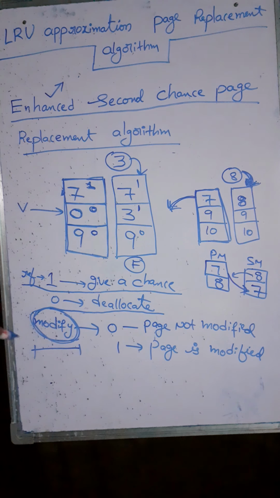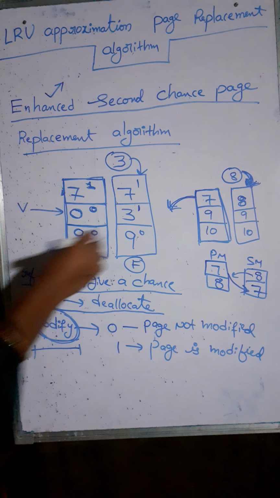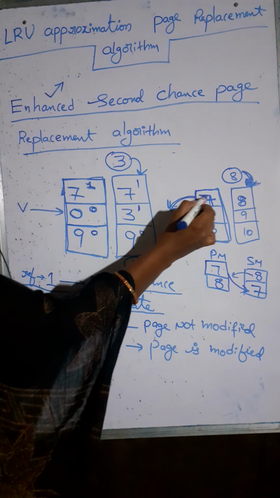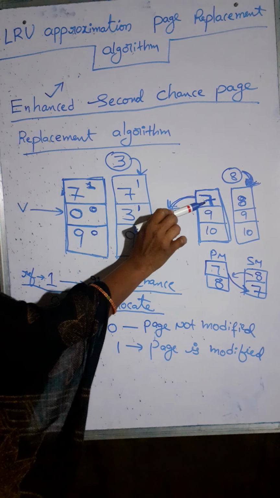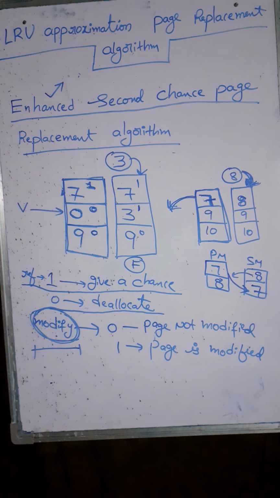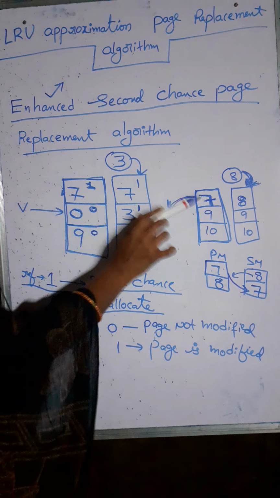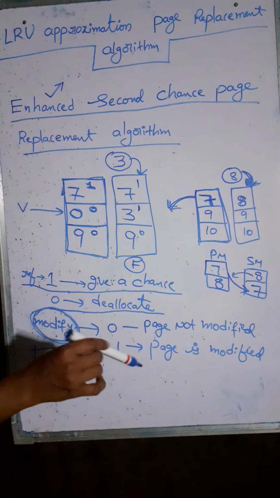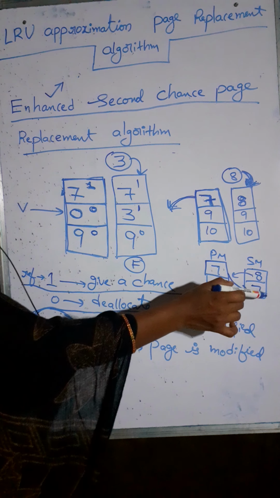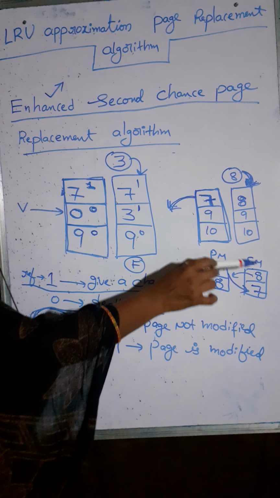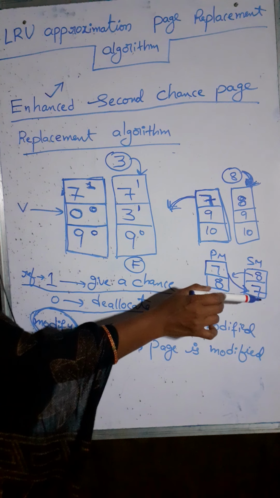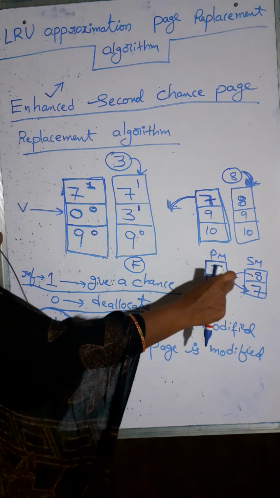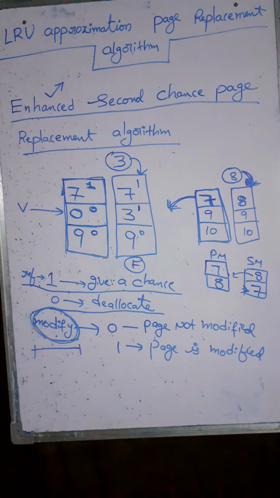Now let us see how to use the modify bit. Let us assume that page number 7 is loaded into the primary memory, but the CPU has not made any changes to page number 7. That means page number 7 data is the same in the primary memory and secondary memory. Then there is no need to transfer this data into the secondary memory, right? Because the data is already available in the secondary memory, and the CPU does not change any data of page number 7, there is no need to transfer the data from primary to secondary, right?